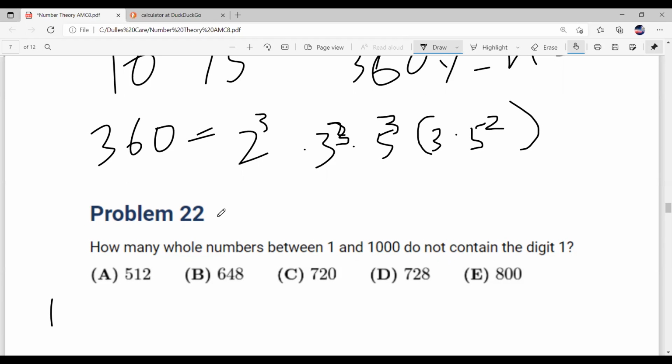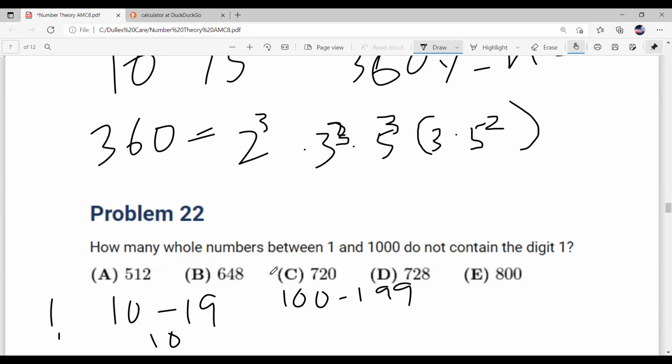All right. So how many one-digit numbers have the digit 1? That would be 1. How many two-digit numbers contain the digit 1? That would be 10 through 19, so that would be 10 numbers. So 10 and 1. So how many three-digit numbers contain the digit 1? That would be 100 to,